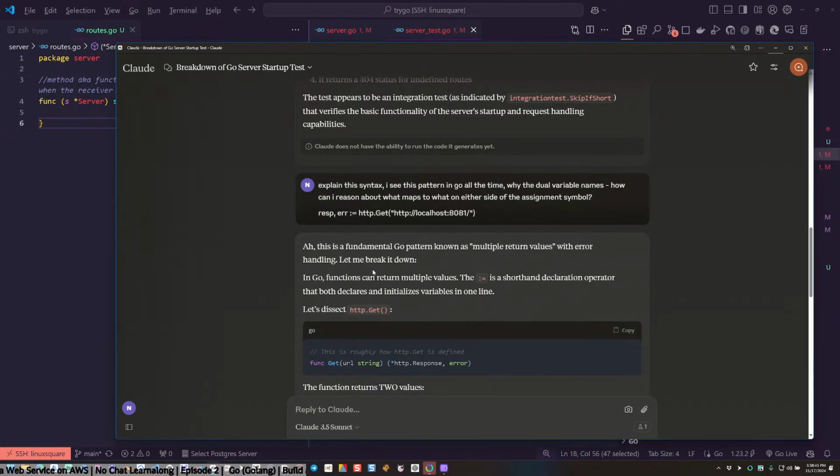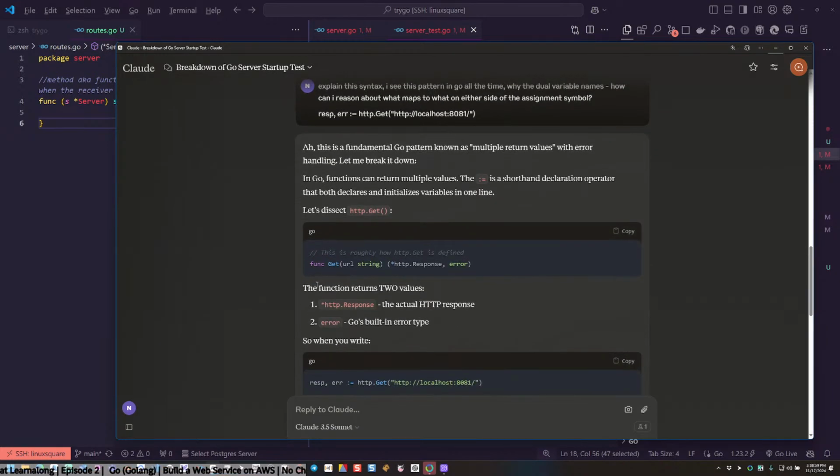The assignment operator is a shorthand declaration for... Oh yeah, that part I knew. So we declare and initialize the variable at the same time. That's fine. Let's dissect HTTP GET. This is roughly how it's defined. Func Get, URL is the argument of type string.